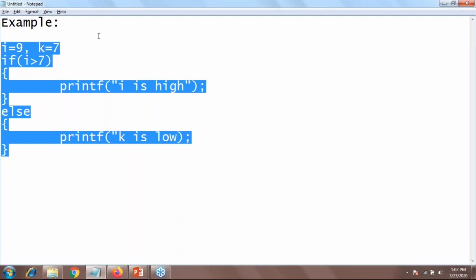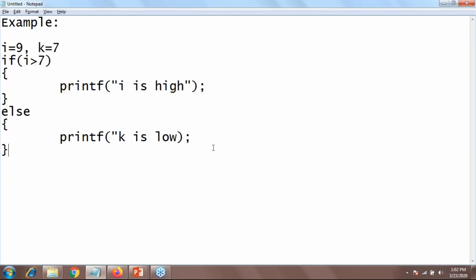For this example, let me ask which part is dead code and which part is unreachable code. Give me the answer, everyone who is active.